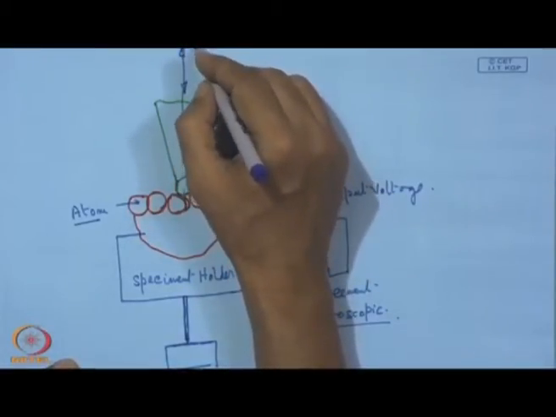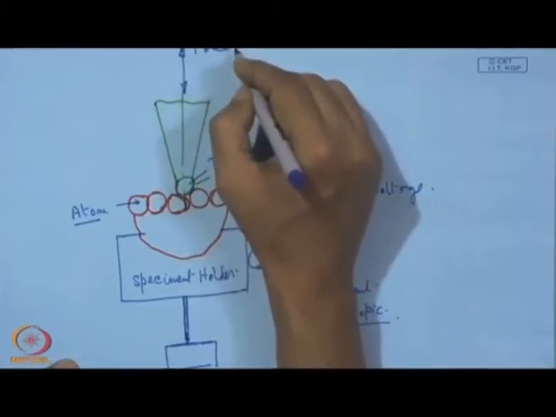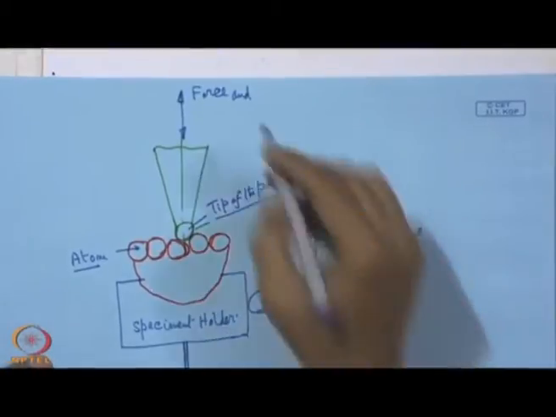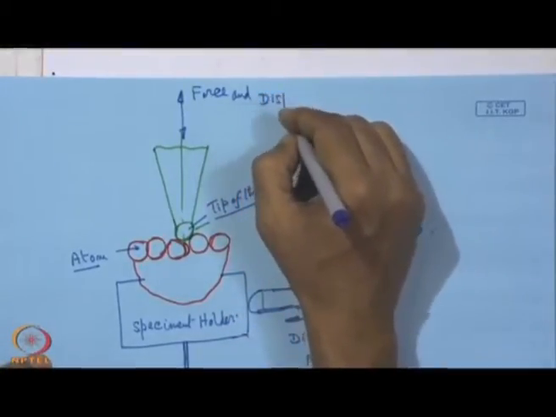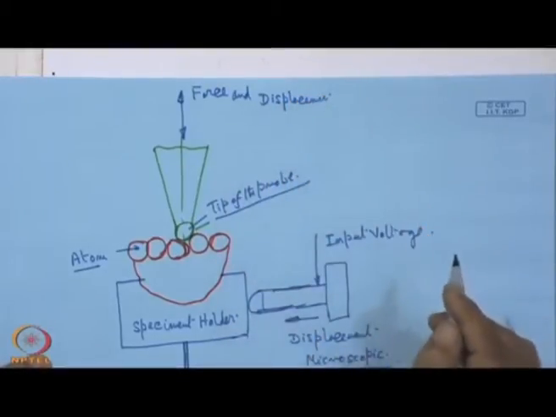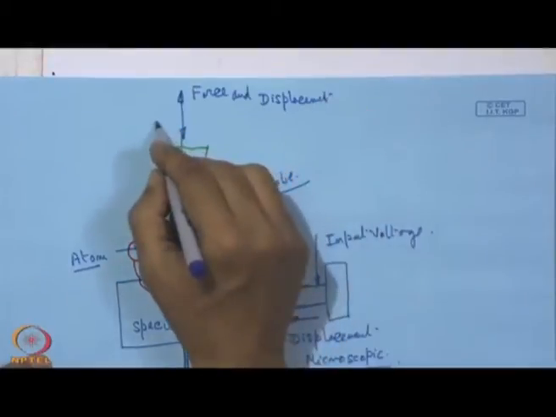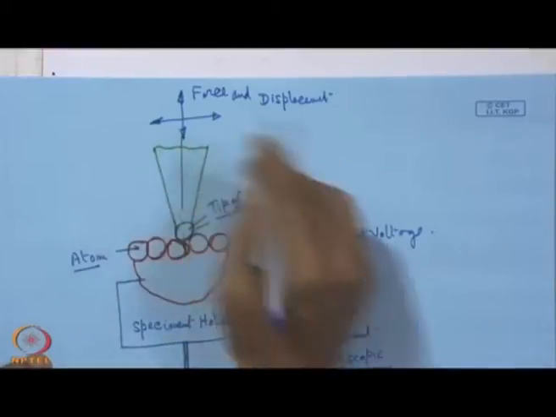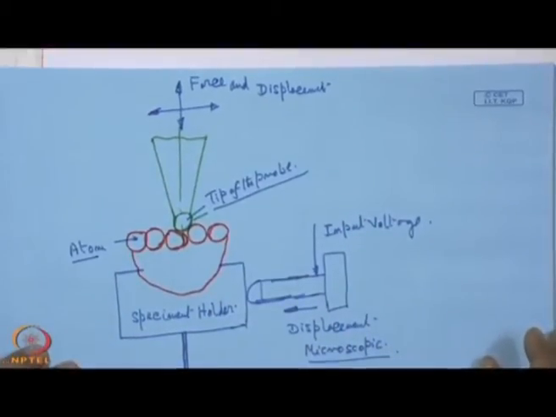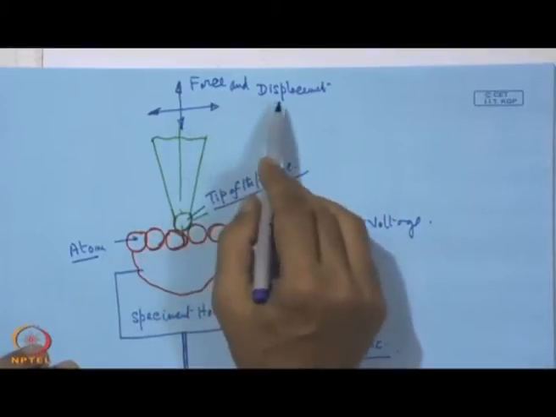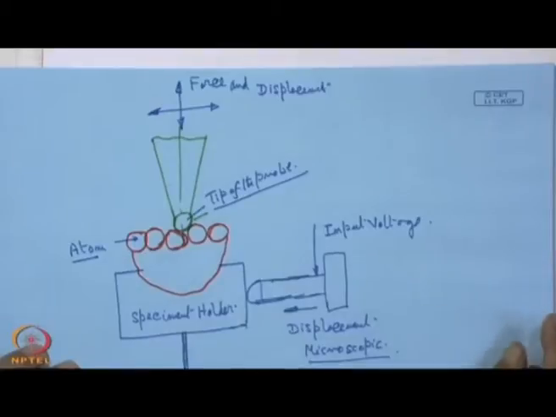So, here is the probe, and this probe is actually provided with a transducer for recording the force and displacement in the vertical direction. It can also record the force and displacement in the horizontal direction. So, that means, here we have force and displacement recording both in the vertical and in the horizontal direction. So, as this thing moves,